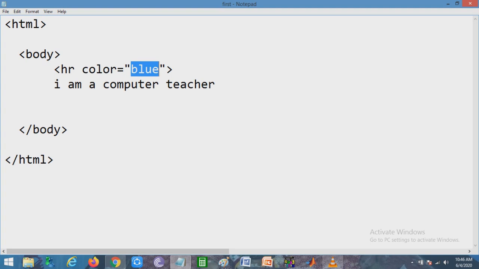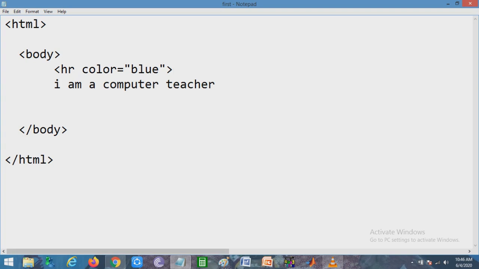We know an attribute has two parts, one is name and the other is value. Now if we save this file and open in the browser, look at the output. Above the sentence, it is a blue colored line. Okay, got it?